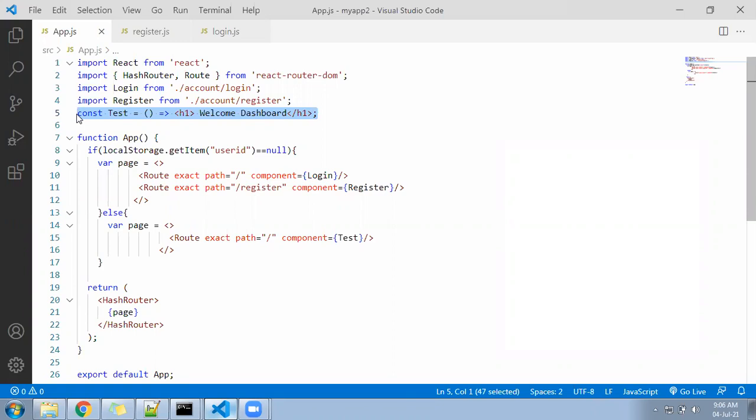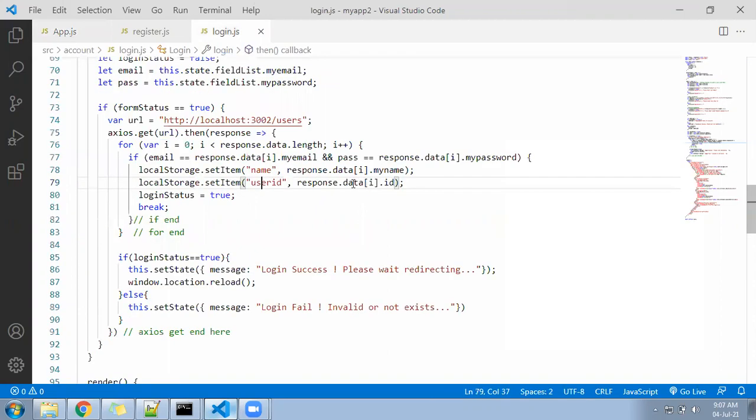And at the same time, I have given the option to the user to log in as well. So he can click on login, and it will redirect to the login page. In the login page, he will enter the user ID and password that he gave at the time of registration. Again, I'm checking under the JSON file whether my data exists or not. If it exists, then I'm creating a local storage. In that local storage, I'm storing his name under the name variable, and his ID under the user ID variable. After that, I am redirecting to the other page.